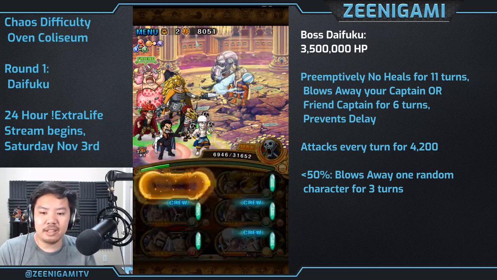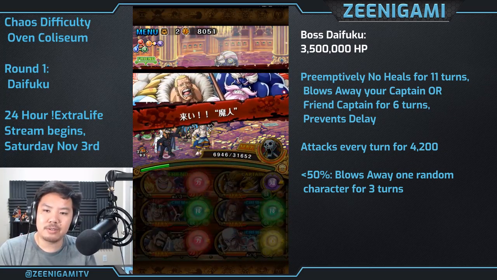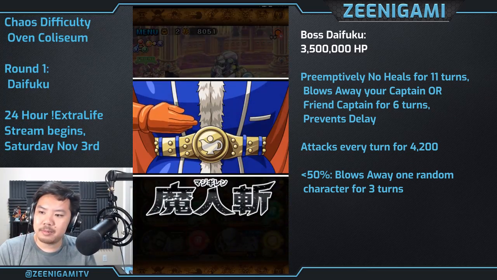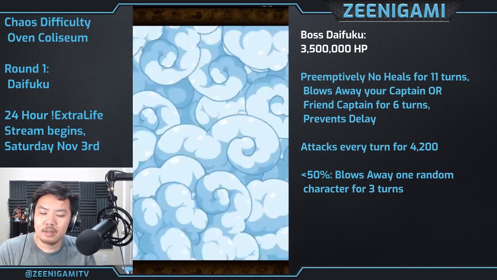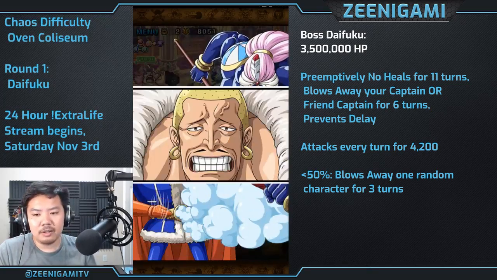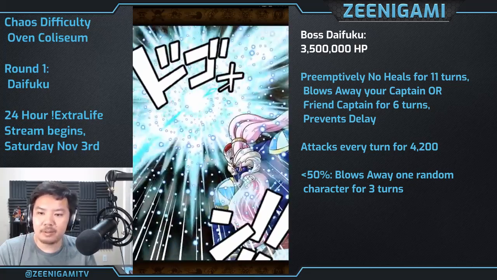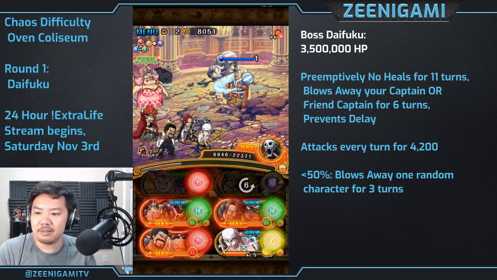Alright, so my Enel is now back to a 5-turn special. The reason I waited so long is so that we can use my Garp. Come on. We're going to use Garp, cut his health. He's going to preemptively blow away our friend captain, so goodbye, Big Mom. For 6 turns, prevents delay to himself, and...